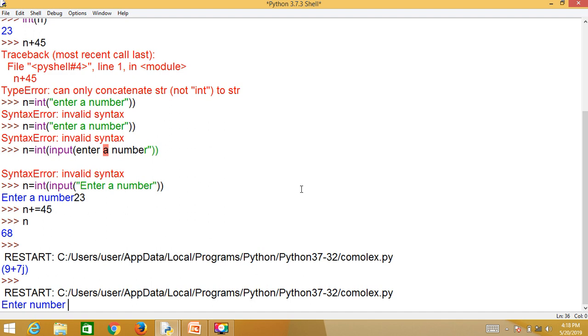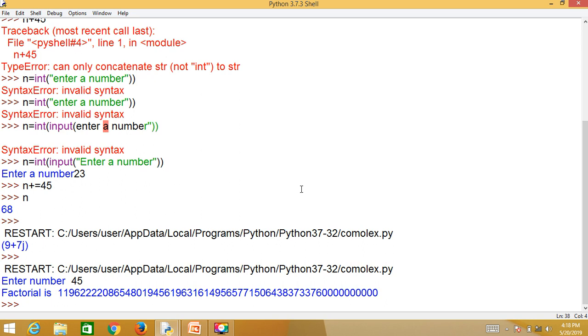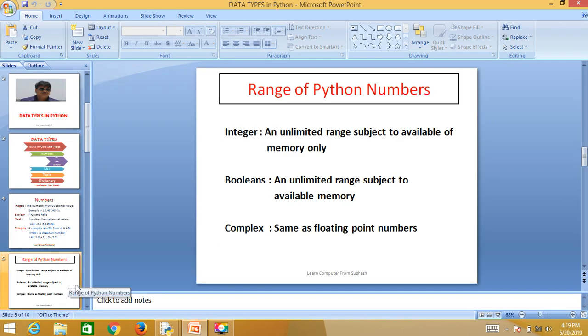Now you can find that I am giving factorial of 45. So now you can see the range here. What is the range? So you can get unlimited value there in the integer. So this is one of the positive points regarding Python. Next is the